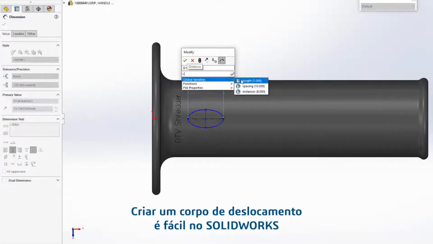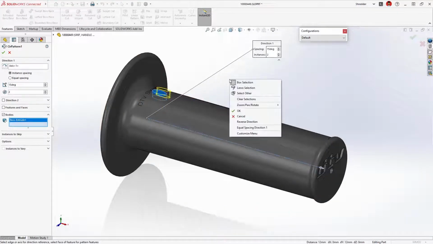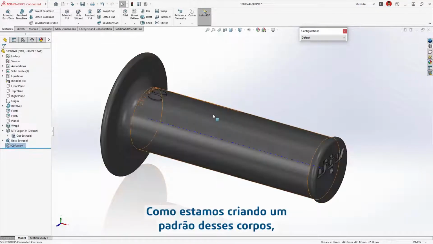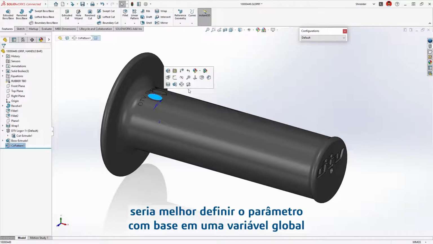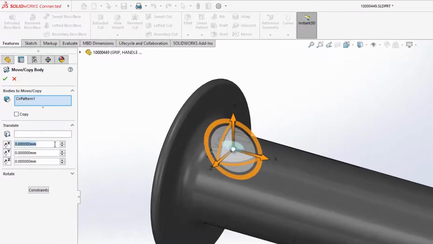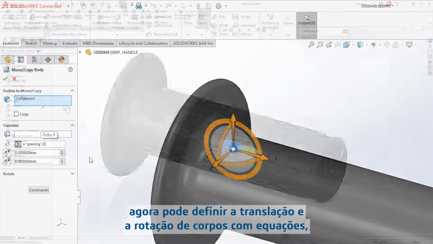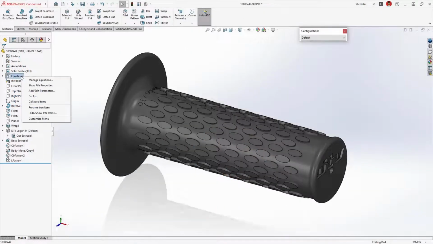Creating an offset body is easy in SOLIDWORKS, but how far along the handle should we place it? Since we're creating a pattern of these bodies, it would be best to define the parameter based on a global variable that also defines the spacing of the instances. In SOLIDWORKS 2023, the Move Copy Bodies command can now define translation and rotation of bodies with equations, even on